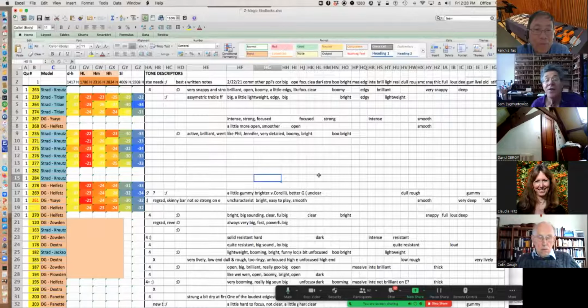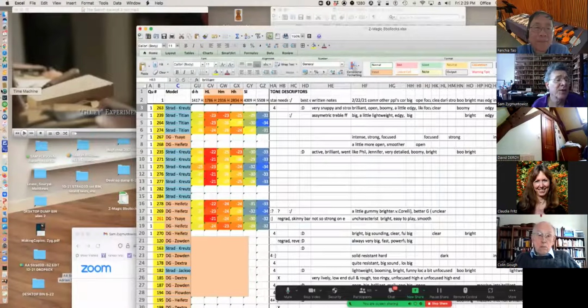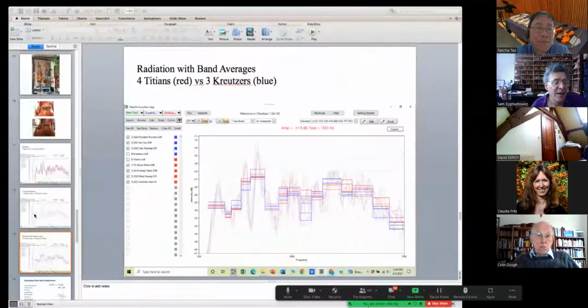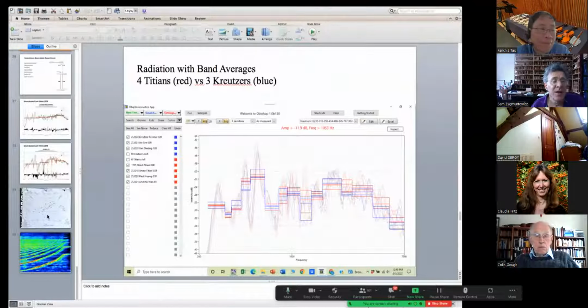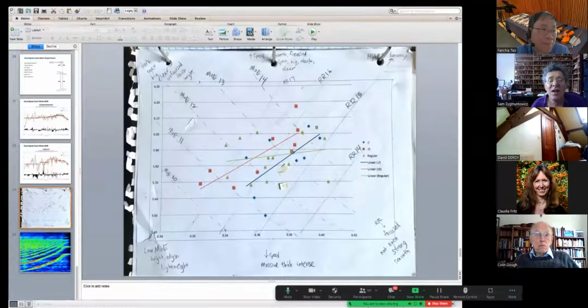regrades. And then there are all the words that I like to use: very snappy, brilliant, open, boomy, a little edgy, focused, clear, edgy. So there are my words, and here they've been put in categories. How often did I say brilliant? And here it appears. Having done all this, I want to go to my PowerPoint again for a second. And then I want to go to this,